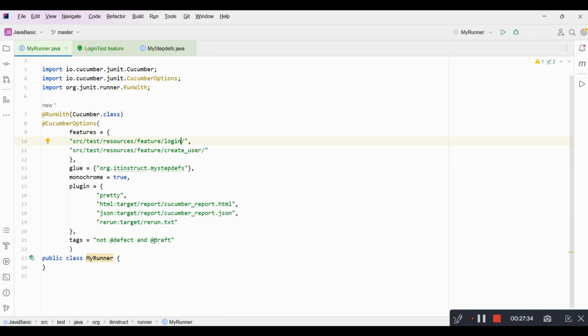Another way to use this, let's say you have multiple tags that you want to exclude, right? What you can do is put all the ones you do not want to execute inside a parenthesis, and you can use or. Either it is defect or draft, you just want to exclude those test cases. If I run it now,